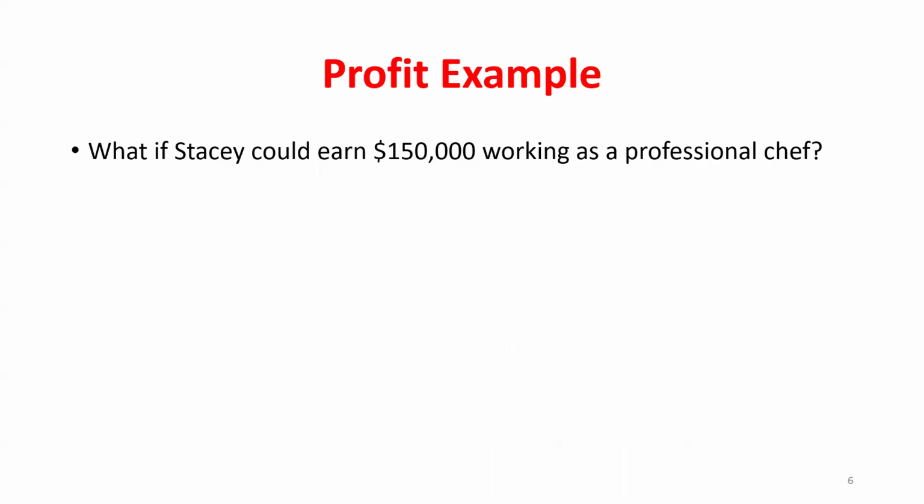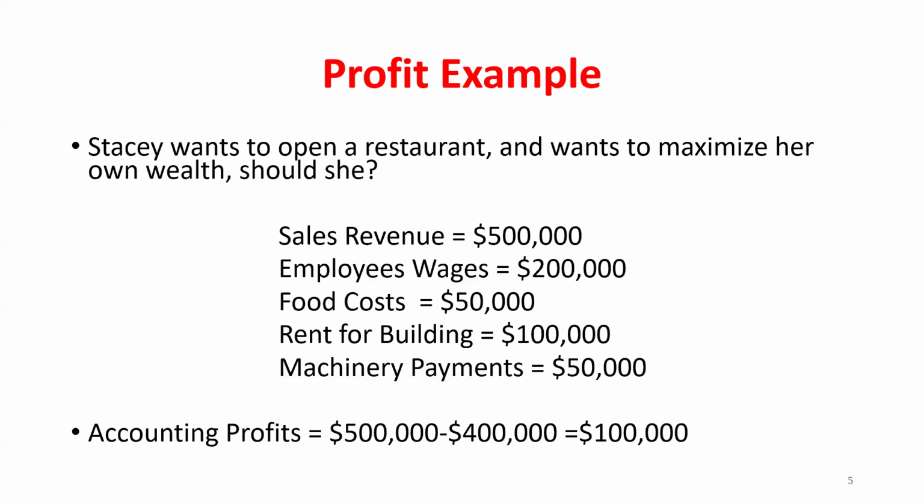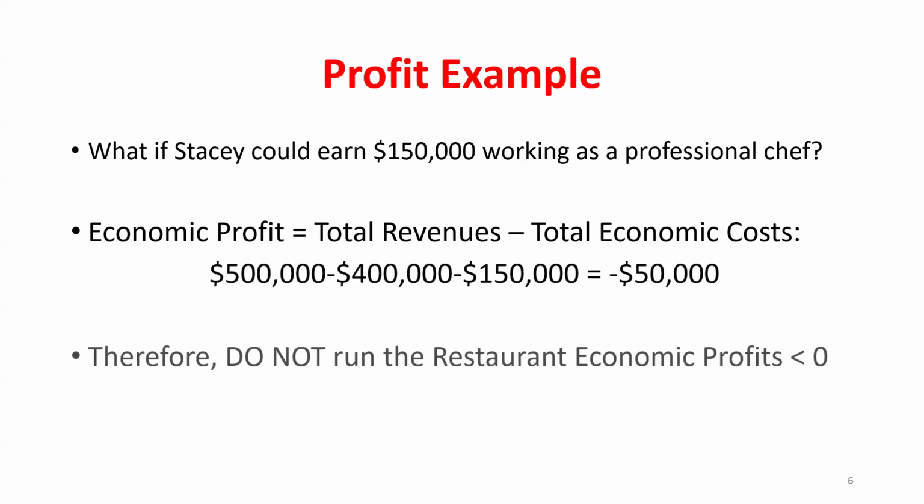So what should I choose to do if I'm trying to maximize how much money I'm making? Go work for someone else. Right? I'd be making even more money than by having my own business. Now, I can make this decision if I look at the economic profits of starting my own restaurant. So we had the accounting profits were $100,000. What did this not factor in? My foregone wages. If I subtract also those implicit costs, that opportunity cost of $150,000, what would my economic profits be? Negative $50,000. So should I start my own restaurant? No. Right? So when I factor in these implicit costs, it can switch my decision making.